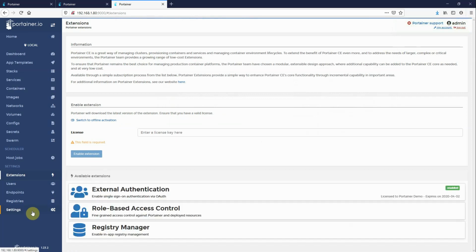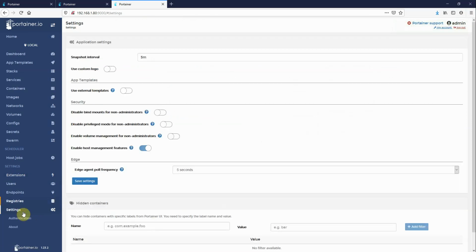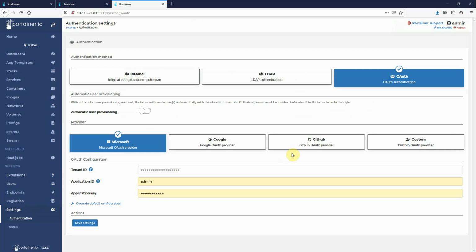And again, if I just go to settings, authentication, OAuth, here it is ready to go. So that is how you enable extensions in Portainer when the Portainer instance